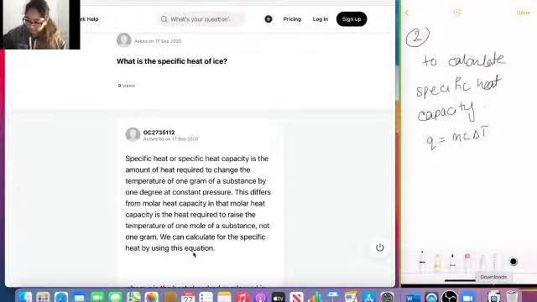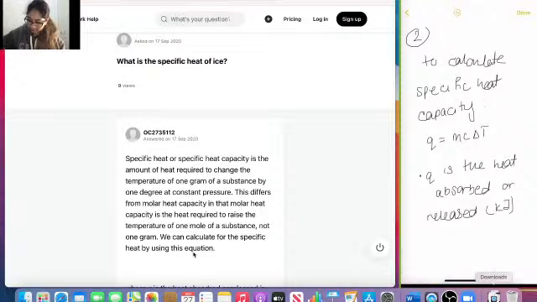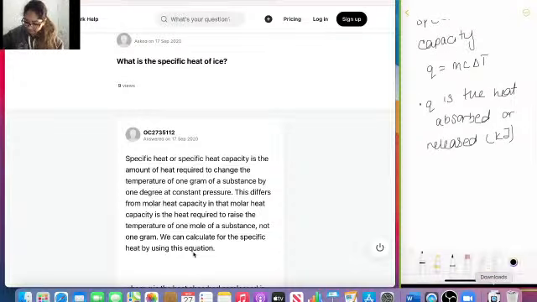Where Q is the heat absorbed or released, and the unit is in kilojoules, okay? And m is the mass in grams,